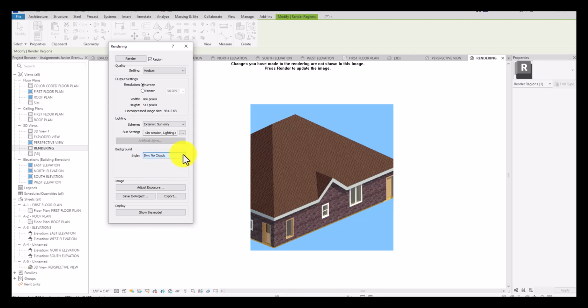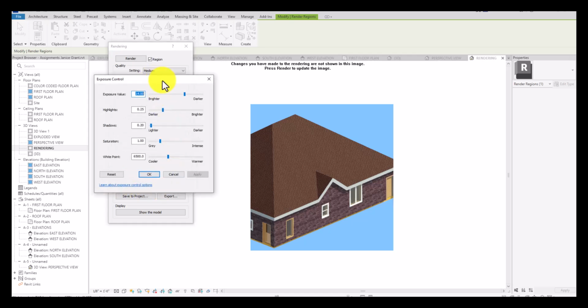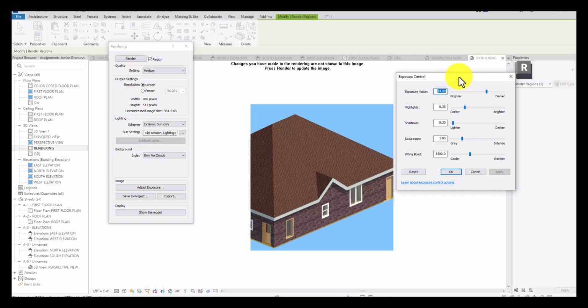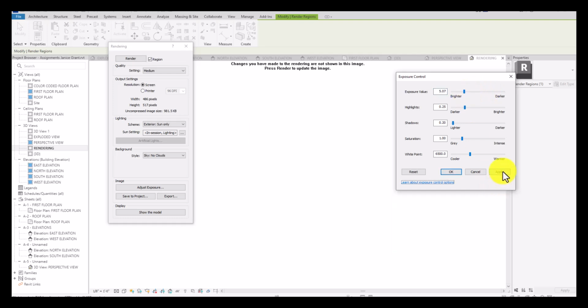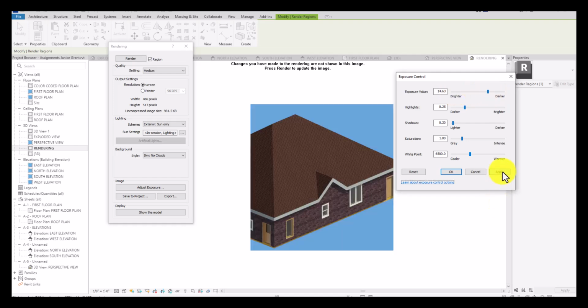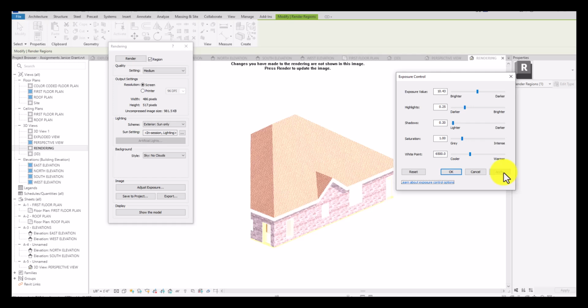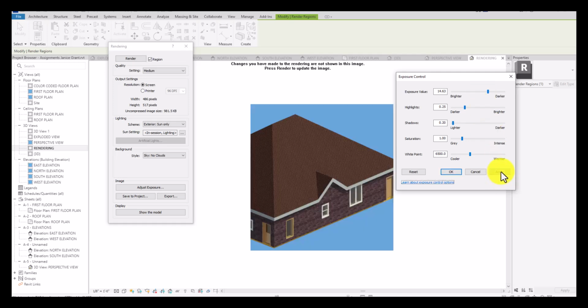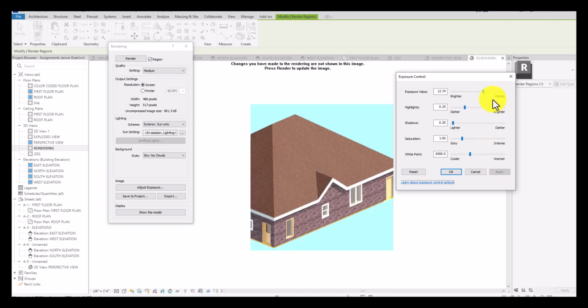But here's another thing. Go to image, adjust exposure. This is great. The adjust exposure is going to help you to make your drawing brighter or darker, and if you go too bright, it'll wash the whole thing out. But yeah, you see how it's changing. It depends on what you're rendering. Sometimes the inside is not as bright as the outside, but you see how I can kind of bring the exposure value down, and I get different